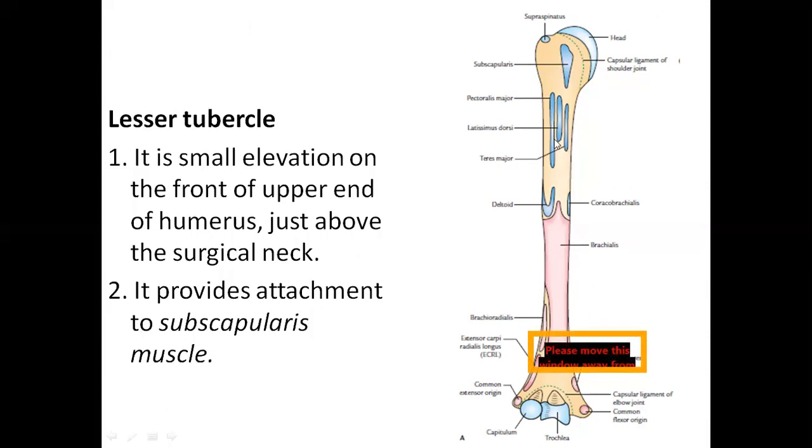Now, I told you we have the intertubercular sulcus, isn't it? The intertubercular sulcus has a medial lip and a lateral lip. The medial lip receives the insertion of teres major, and laterally it receives the insertion of pectoralis major. And in the floor of this intertubercular sulcus, also called the bicipital groove, we see the insertion of latissimus dorsi. All these are shown in blue color because most of these muscles take their origin from the scapula, which you learned yesterday.